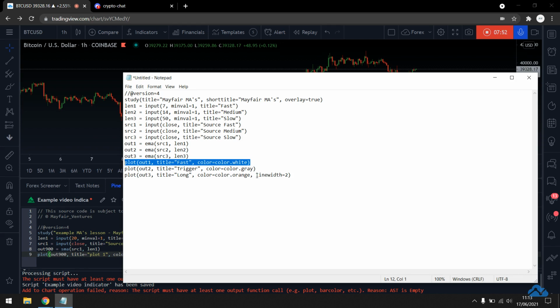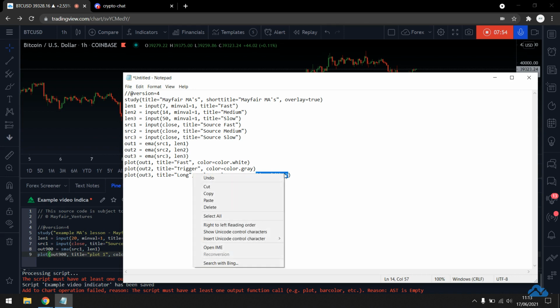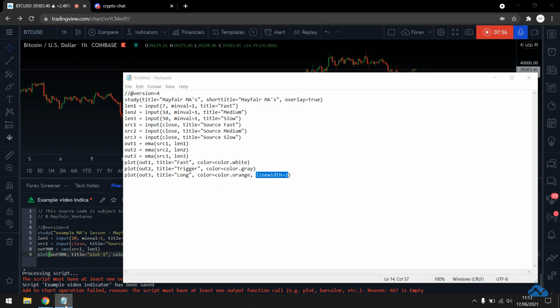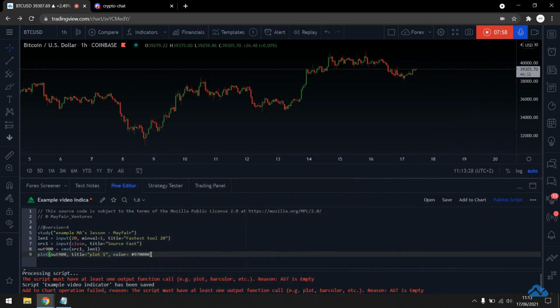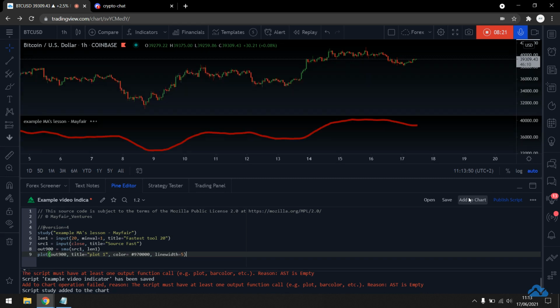Another thing I could add is the line width. So I'm going to copy this out as well, and I'm going to stick this after the color, and it gives me a line width. I'm going to put line width 5 just to make it really obvious. So in essence, this gives me the very basics of an indicator. This is a simple SMA 20 as a whole, and I'm now going to try to add this to the chart and see what we get as we move into step one indicator.